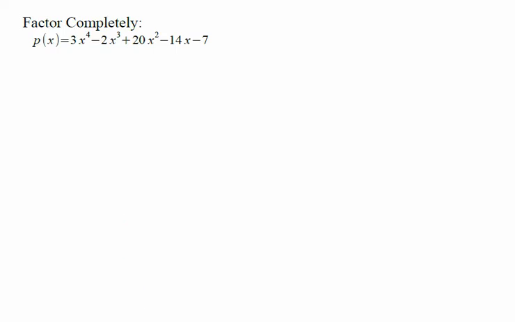So the first thing that we need to do is identify the possible rational zeros. To do that, we look at the factors of the coefficient of the largest degree term in our polynomial, and we look at the factors of the constant term in the polynomial. And the possible rational zeros,